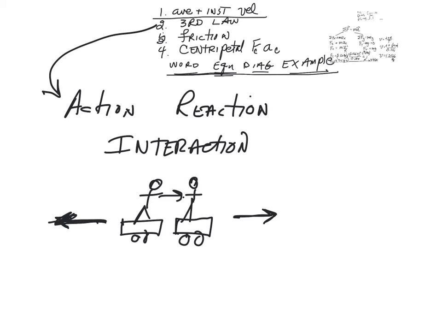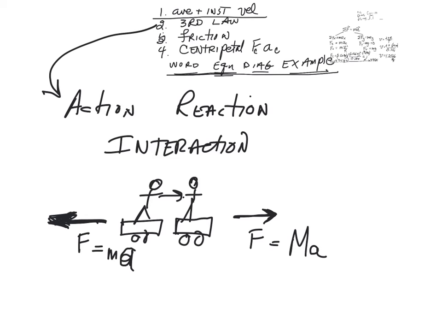If you're heavier than me, more massive than me, I'm going to go this way at a higher acceleration than you do, because the forces are equal and opposite, but the masses aren't equal. A small mass will mean a big acceleration, a big mass will mean a small acceleration. And so you can give